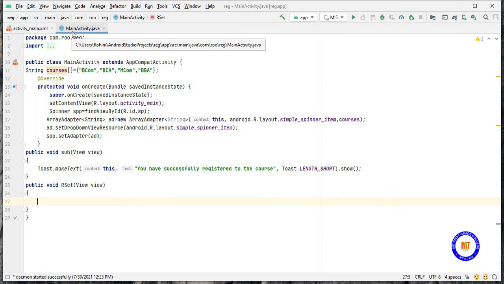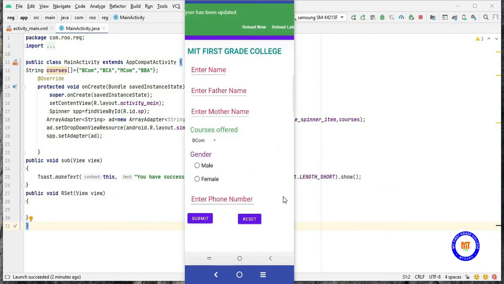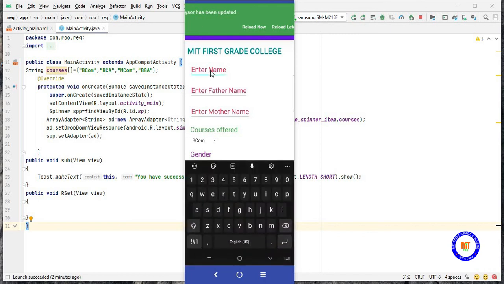It has to reset all the values. Now the app has been launched. We'll enter the name, enter the father name, enter the mother name, we'll select the course.